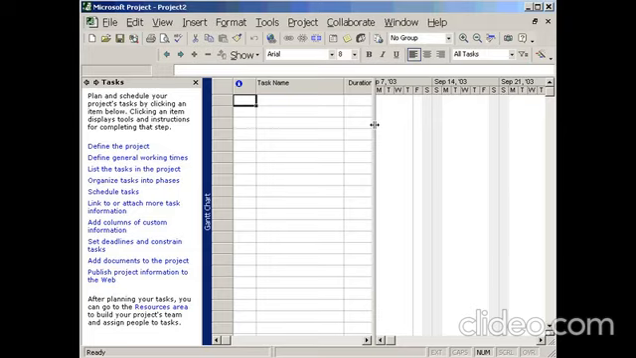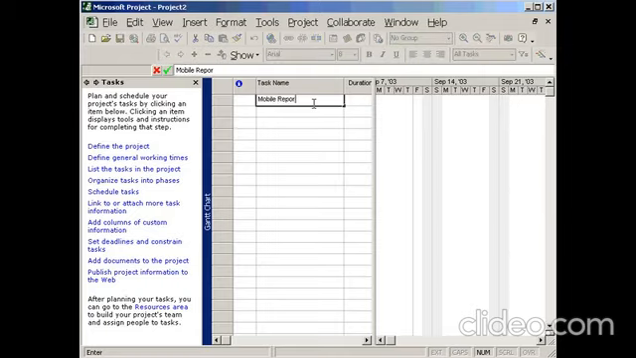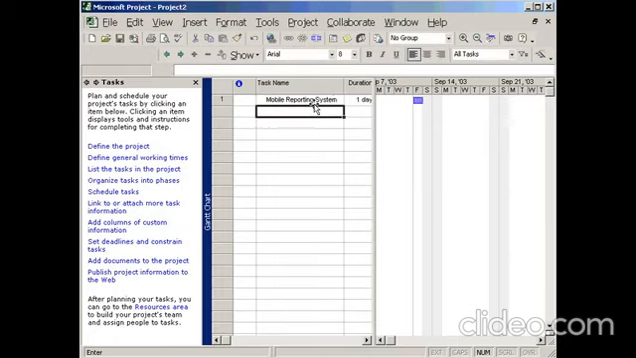Let's assume that we've sketched out in advance what our work breakdown structure is going to look like, and we're ready to enter this information into the software. We begin with the first level, which is the project itself, which in this case is a mobile reporting system. And one of the first deliverables is performance requirements. And in order to obtain performance requirements, we have to interview